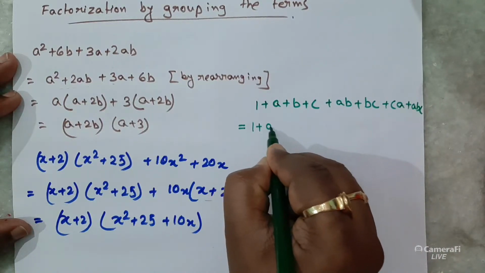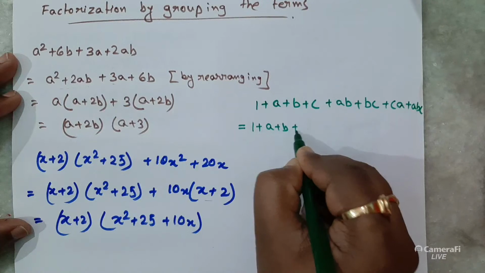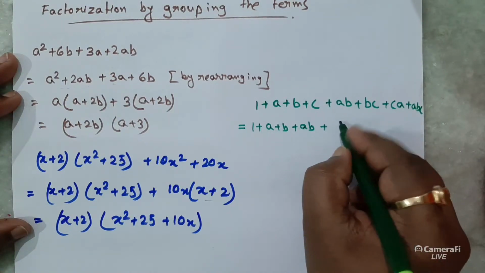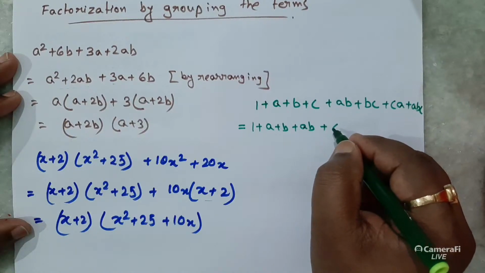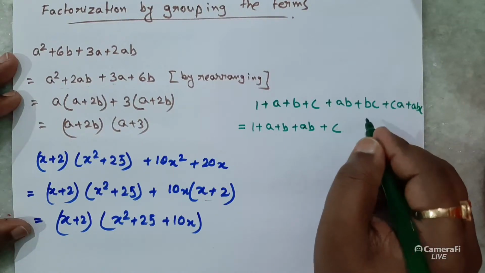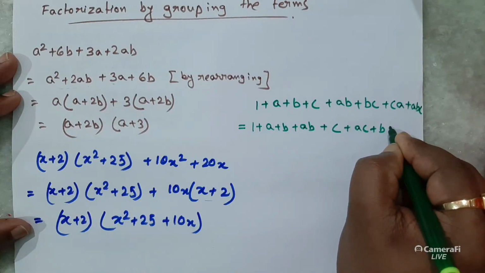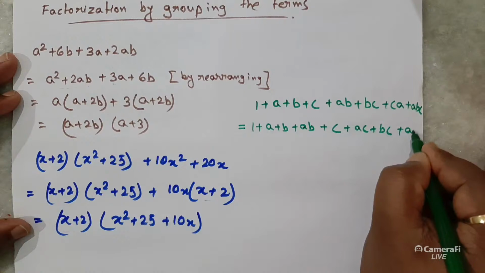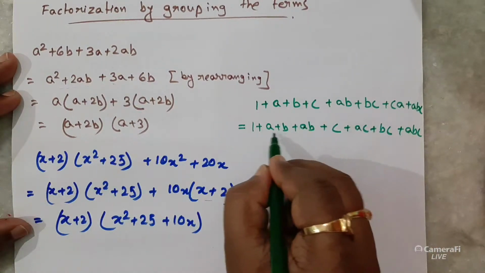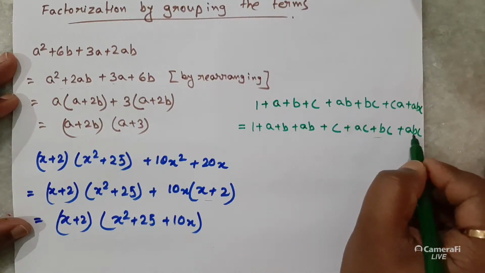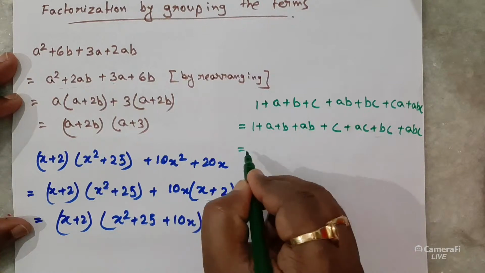1 plus A plus B plus AB plus C plus AC plus BC plus ABC. First we have arranged the AB, then we are arranging the AC or C related, then last the ABC. Okay. Now